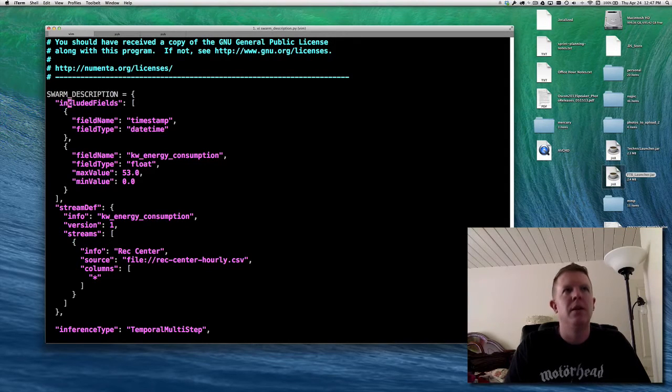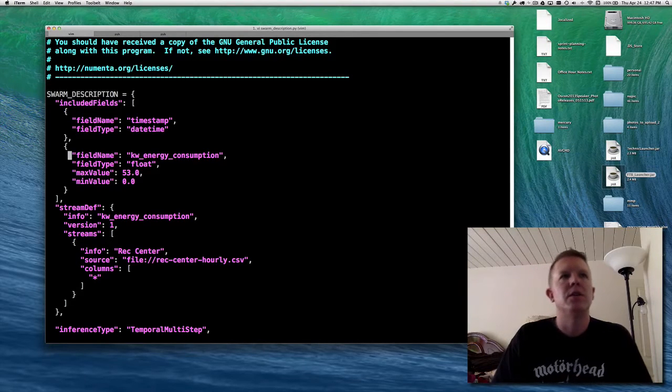about the data. So, for example, included fields. This is defining the data. We know we're going to have a timestamp that is a date-time data type. We're also going to have another column of data in here called KW, energy consumption. I just showed you that in the CSV file. Its data type is float, and I've already identified the min and max value just by looking through that file. And this helps the swarm runner identify exactly what permutations it's going to